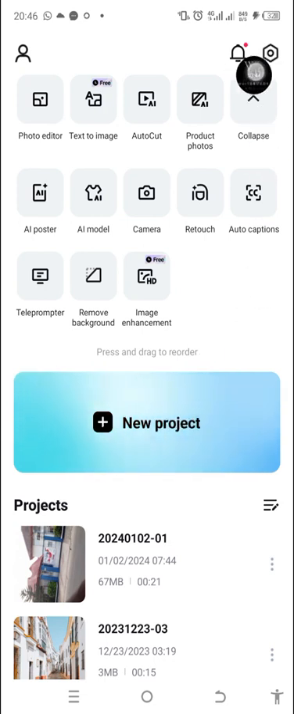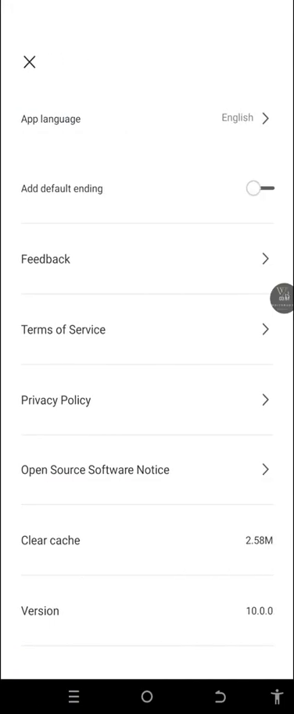First of all, let me show you the basics on the setting. This is the setting button. Let us tap it. Okay, when we tap the basic, the language is on English, the add default ending. Okay, if it is on, that is why after some videos you find on social media handles like TikTok or WhatsApp, you see at the end of the video, you see CapCut at the end of the video. But please, as you open, come to this setting and close this